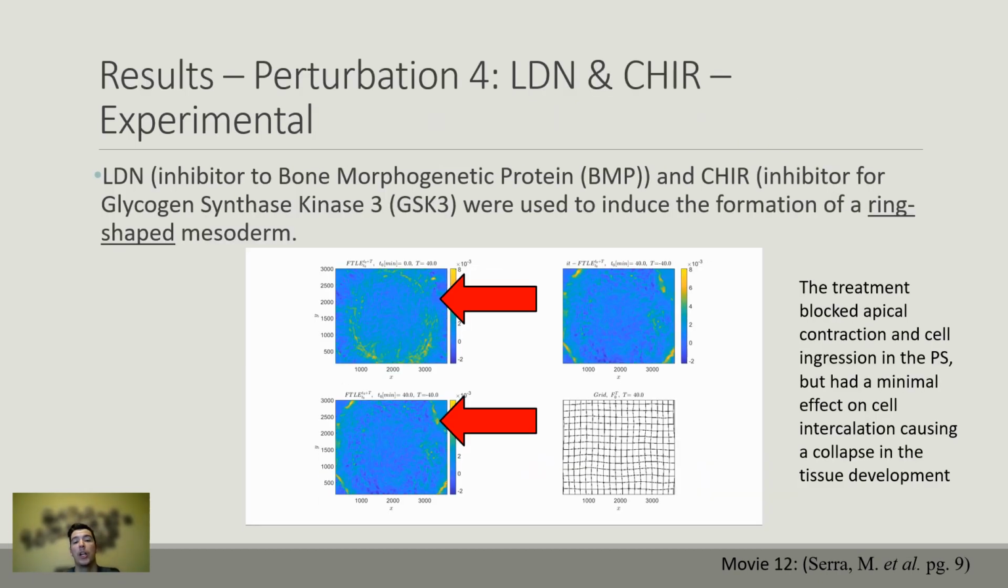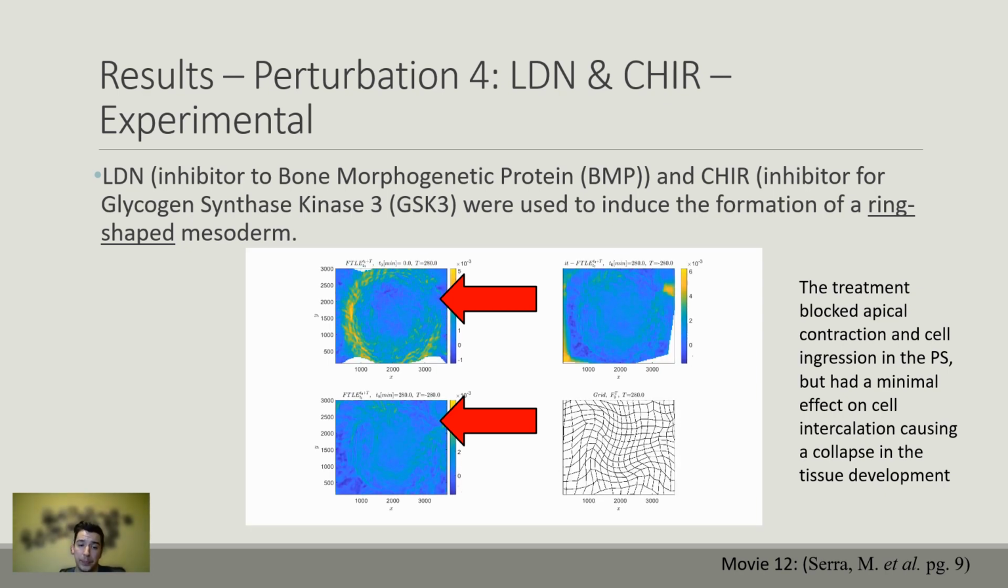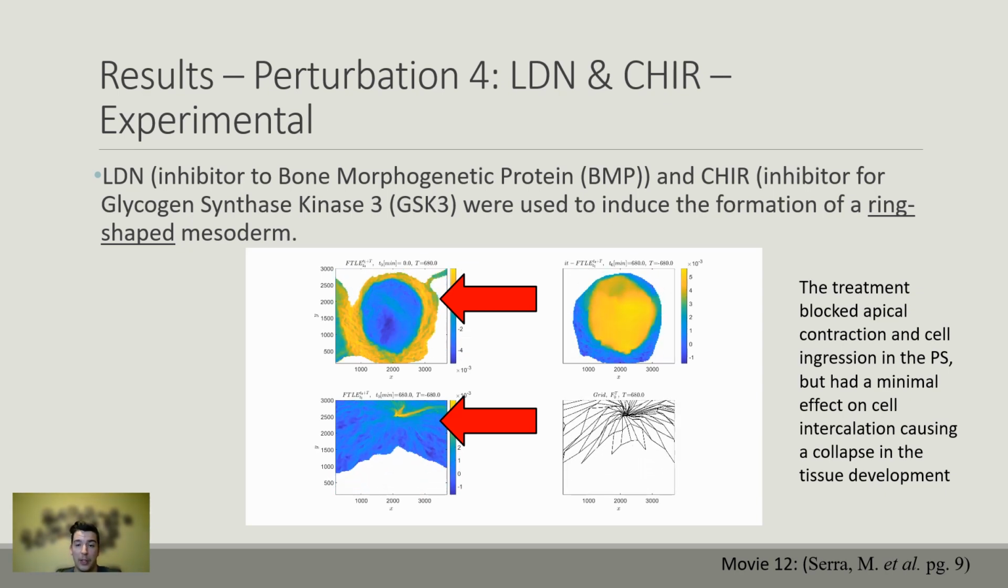Let's talk about perturbation number 4, which is LDN and CHIR. LDN is an inhibitor for bone morphogenic protein, and CHIR is an inhibitor for glycogen synthase kinase 3, both used to induce the formation of, again, another ring mesoderm. However, this time, this treatment was able to block cellular contraction and cellular ingression, or apical contraction and cellular ingression, in the primitive streak, but had minimal effect on the intercalation within the entire development, causing a collapse in tissue at the end. So in this experimental video, we see the quick formation of a mesodermal ring,